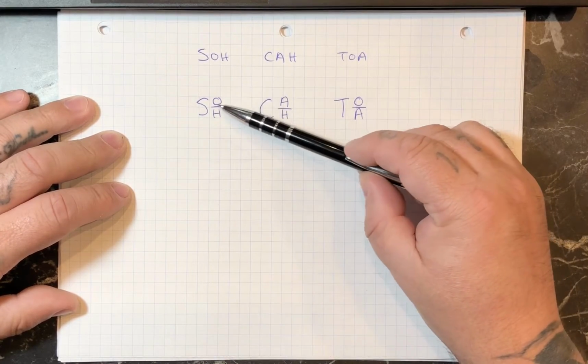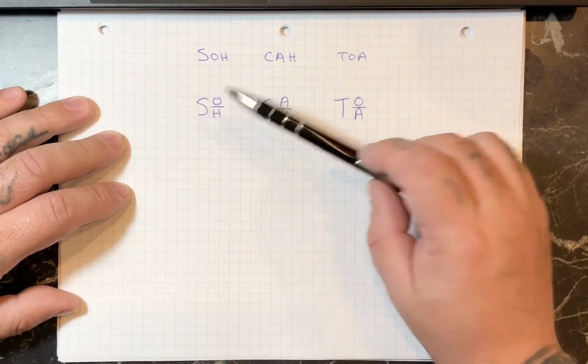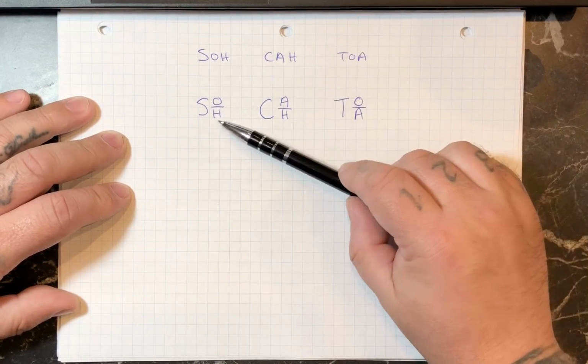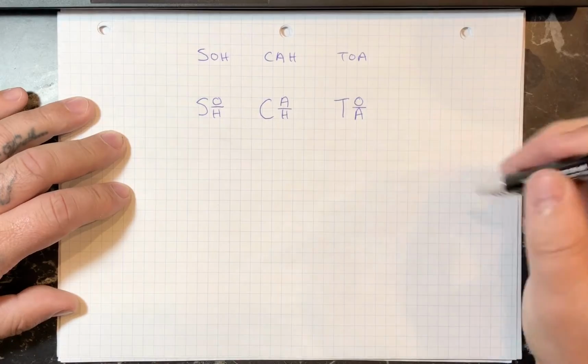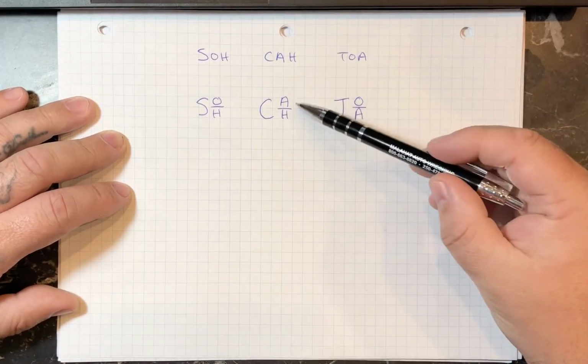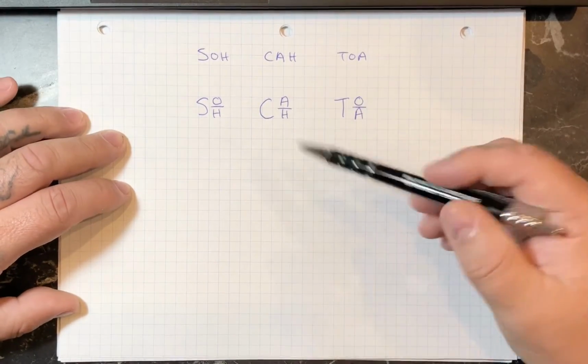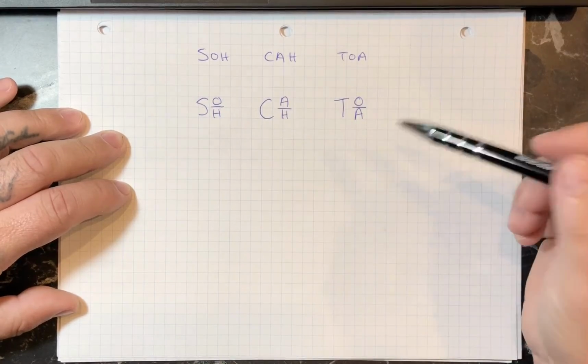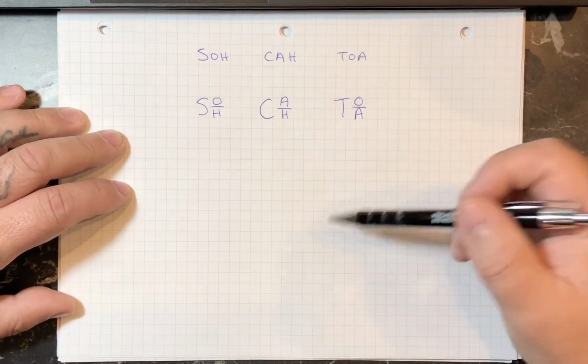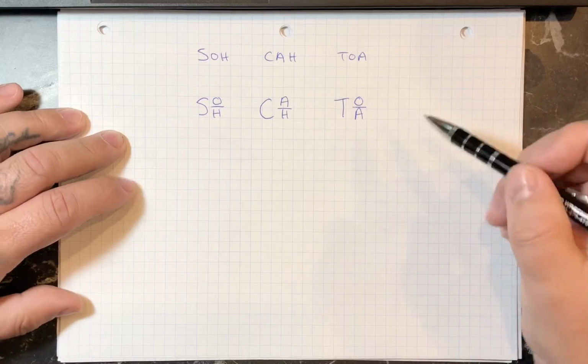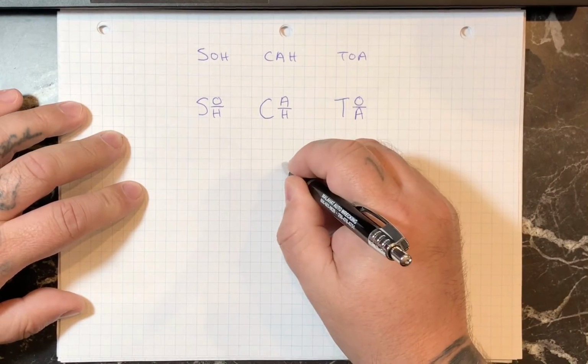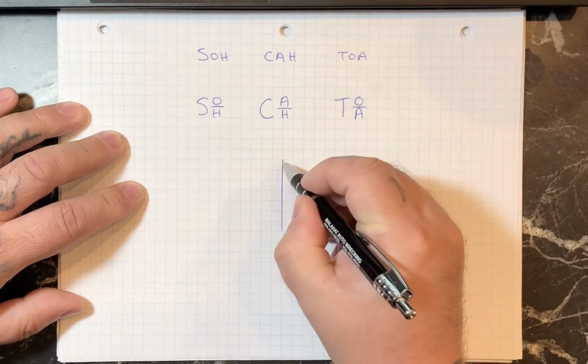These letters, the O is always going to represent opposite. H is always representing the hypotenuse of the triangle. And then A is the adjacent. So opposite is the opposite of the angle that you're working with, and A is adjacent to the angle you're working with. So if I make a triangle here,